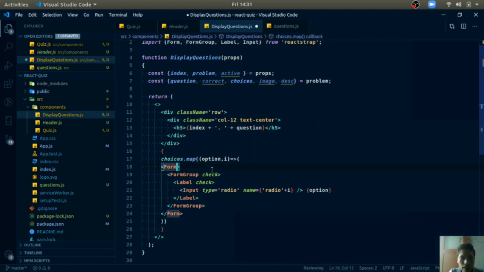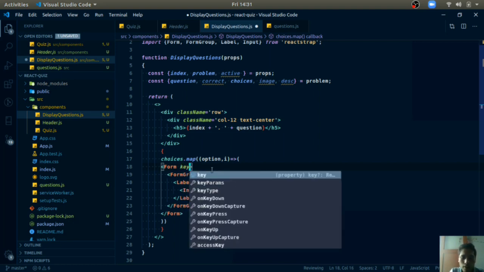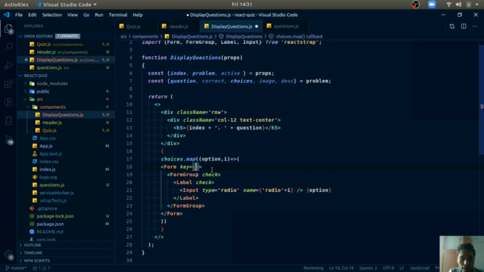But it may give some error when we view it. So, just do one thing. Here we need to use the key attribute of React. I will tell you what it does. Just write key equals i.toString. Actually, in React, whenever you use the map function, you need to mention a key attribute on the outer element. Here the outer element is the form, so we will use the key attribute in this, and the key should be unique for every element in this map function. The index is unique for our array, so I am using i, and it should be a string, so that's why I use the toString function to convert that integer index into a string.